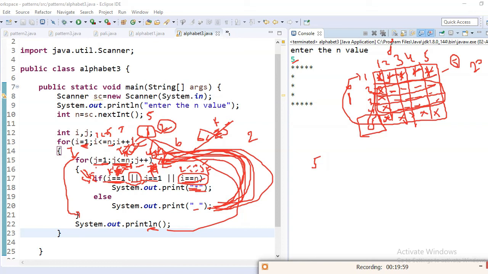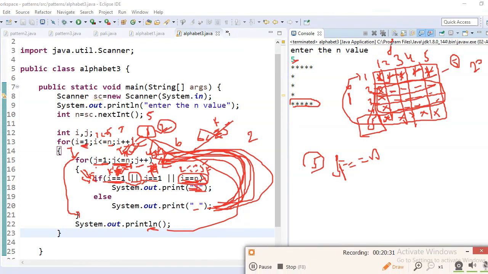Whatever value is given here, that is the final row of the table. We want to print the final row of this pattern, this line, right? So that's why I am writing 5. 5 means n. So whenever i double equal to n, it will print the star. So this is my logic to print this pattern.